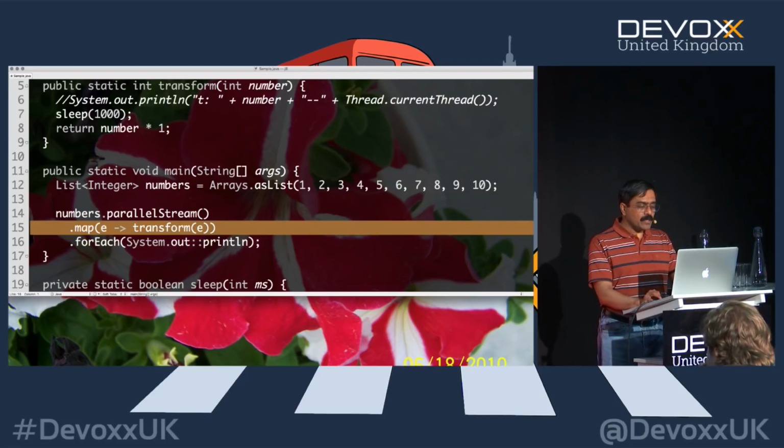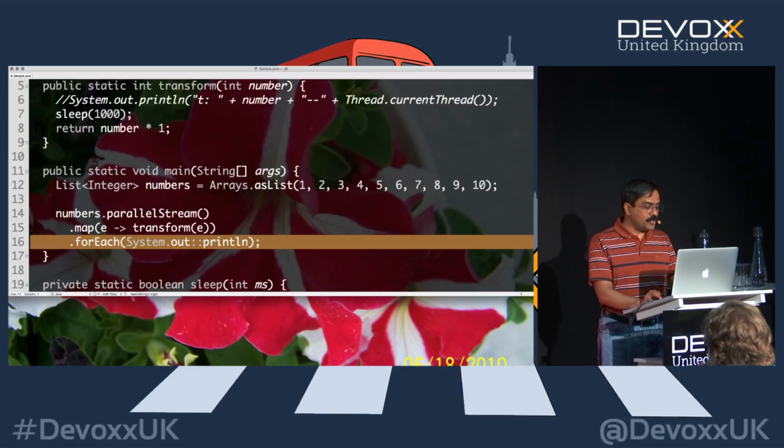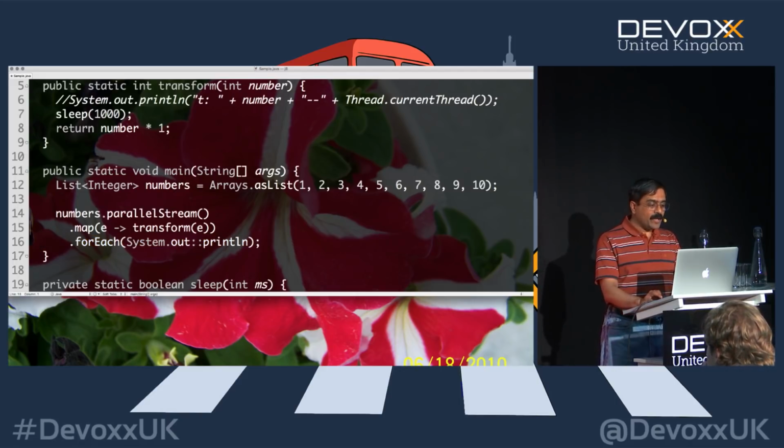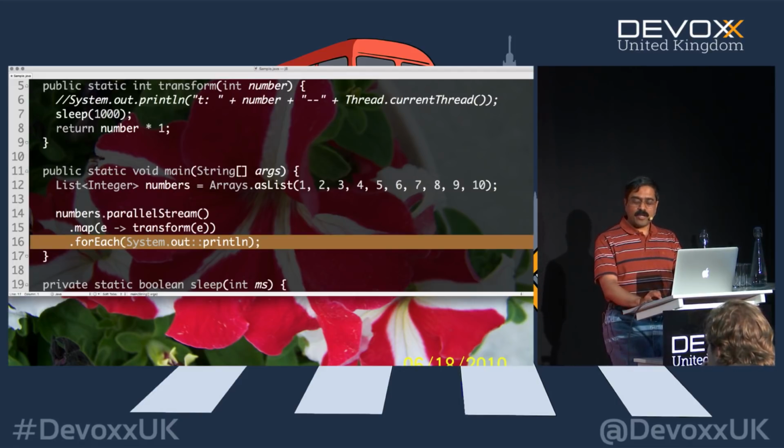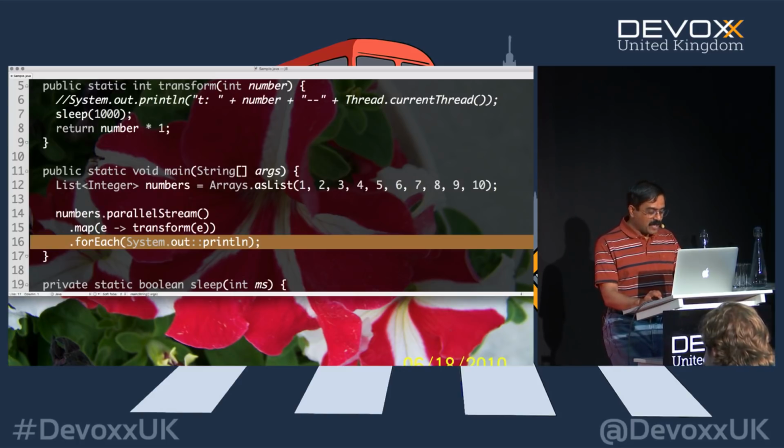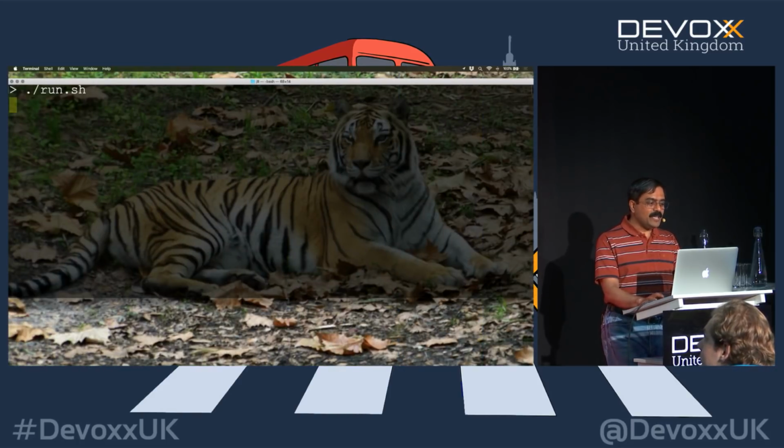So as a result, the map will run as fast as it can. And when the map completes for that particular value, the forEach is ready to run. So here's a good news and a bad news. Imagine you are doing a print job on this. You call your client and say, I've got a good news and bad news. The results were really fast, but the pages are jumbled up. Good luck, by the way. So that's not going to be really fun when the order of the output is completely jumbled up.